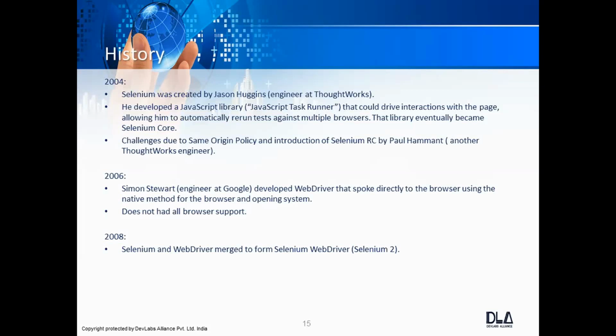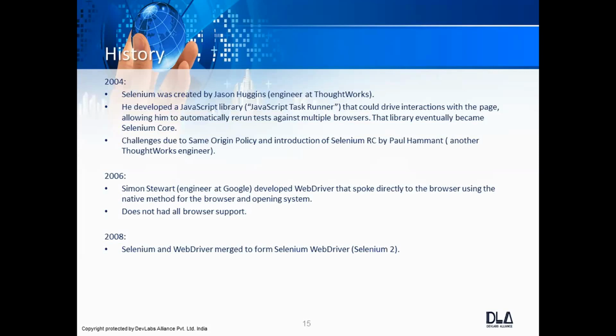When Selenium was being developed, at the same time, you would have heard about the QTP tool, right? Now it is with HP, but it started with the Mercury Interactive company. Mercury Interactive introduced QTP into the market.